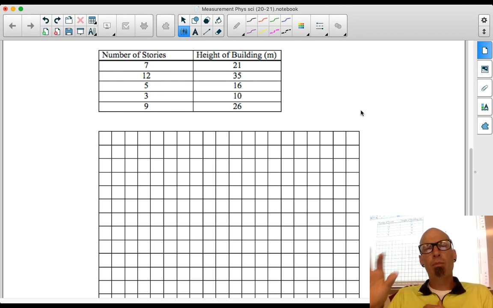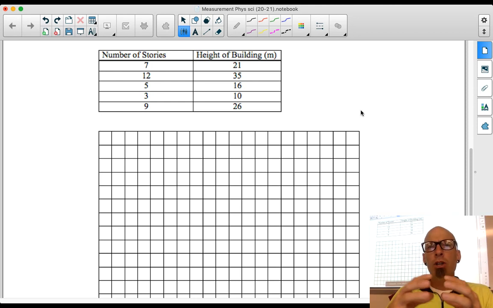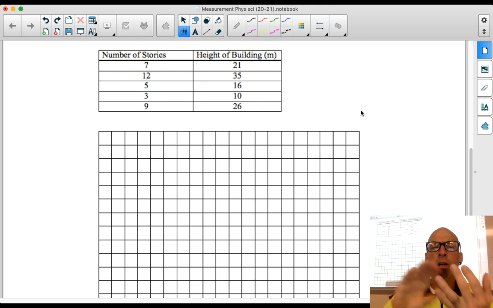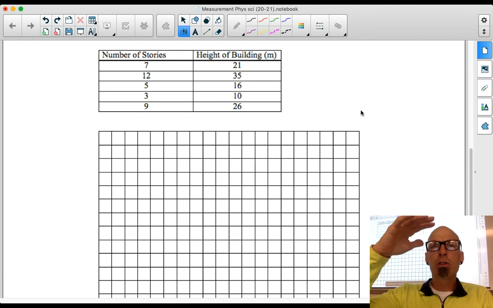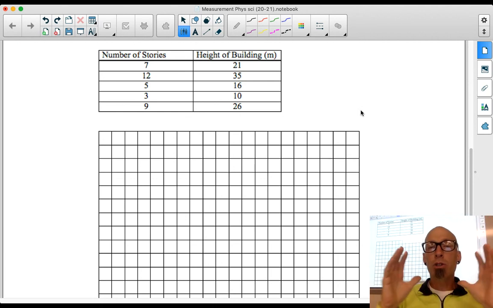When you contact the builder to start this process, do you think you tell the builder how tall you want the building to be, and then he tells you how many floors you can fit in there? Or do you tell the builder, this is how many stories I want, because I know how many rooms I want in this hotel. I know that each floor can have 20 rooms, and I want 100 rooms total, and so I need 5 floors, 5 stories. And then, so you determine how many stories there are, and then the height of the building